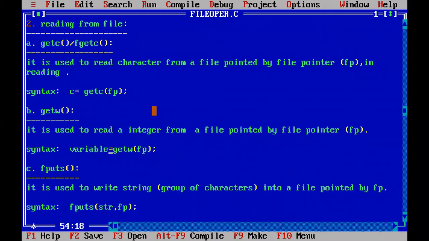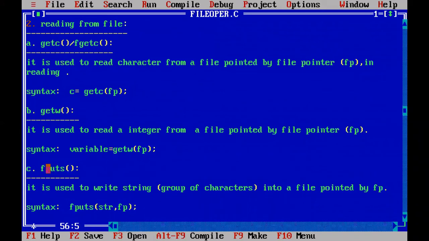Let me explain one more time. The getw function will get one integer from the fp file and return that integer to the left side, which we will store in an integer variable here.